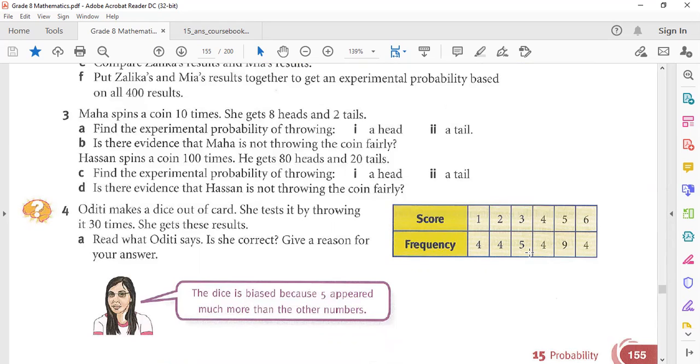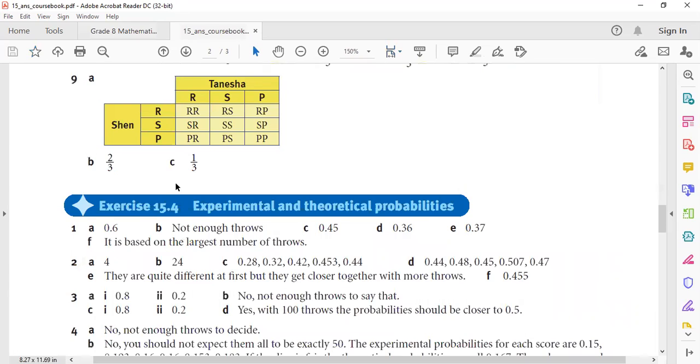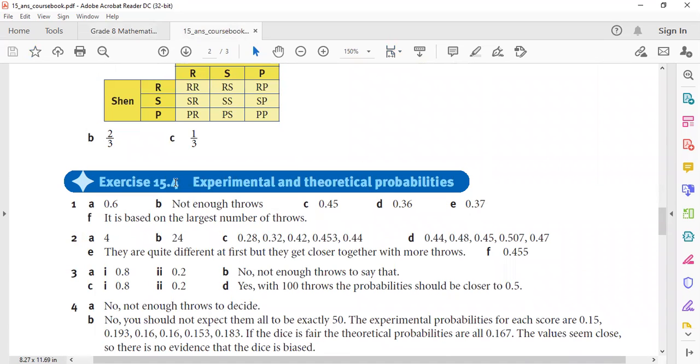So 5, we can see 5 9 times. Okay. And the rest of them, that is less than 9 times. Is she correct or not? Question number 4. So question number 4, no, not enough throws to decide it. Okay. Next one,